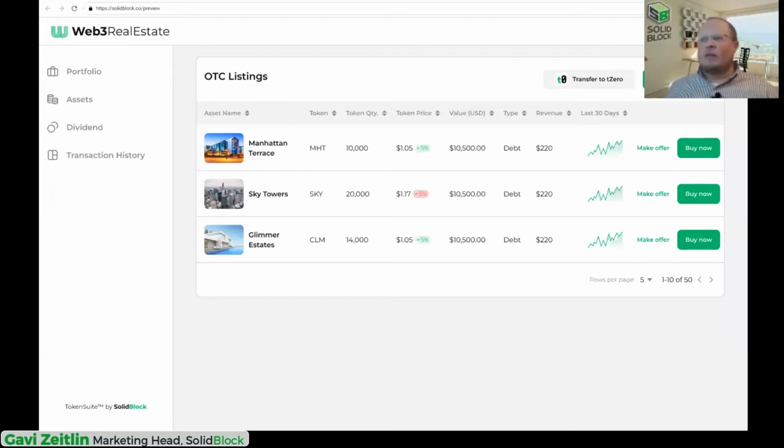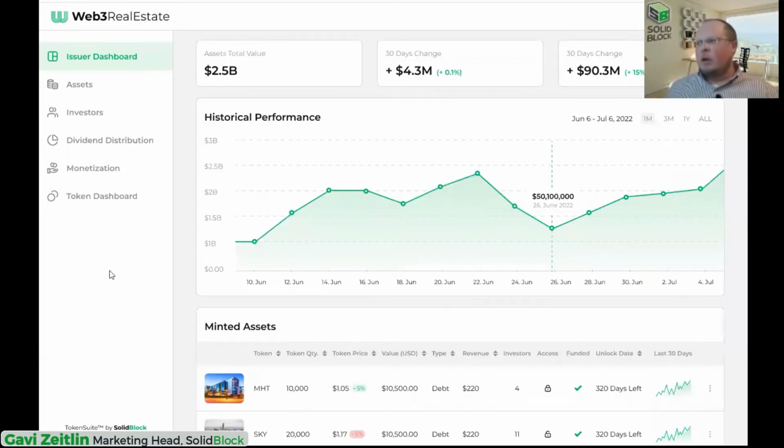So the last thing I want to walk you through is a really cool little feature that's built in here, which is the dividend distribution component. I go back to the story because for those issuers and asset owners, it's a big pain point. If you have a yielding asset with a lot of LPs, you have to pay, let's say, every quarter. Let's say your agreement is that you're going to pay them the profit from a rental property every quarter.